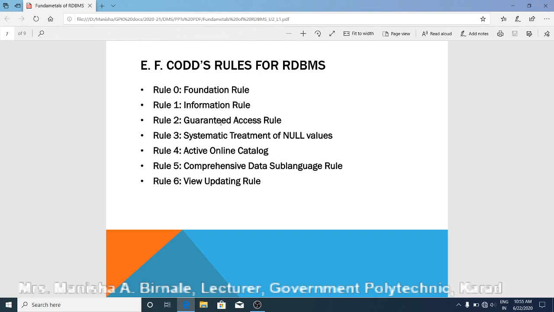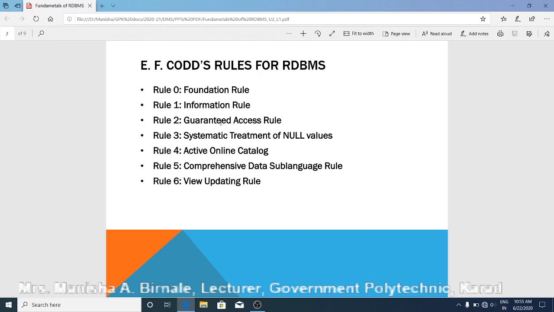Suppose there are total 10 students and for two of them the mobile number is not known, then in place of that mobile number null is written.